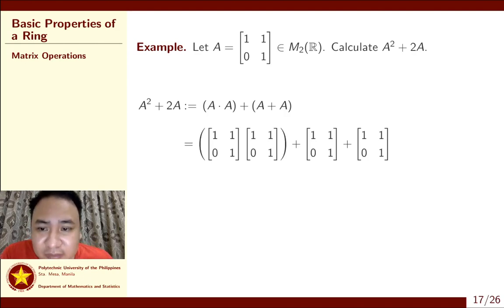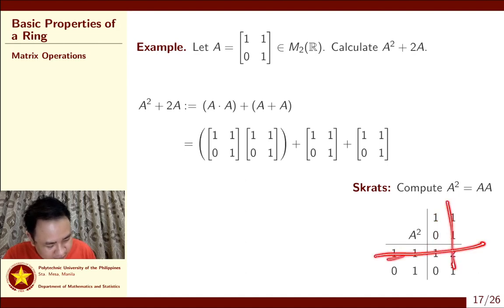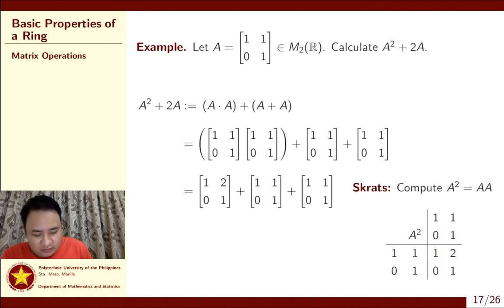Now, how is the multiplication done? Do you know how? It goes like this. Dot the rows by columns. This is the A, and this is the A. You dot these two, you'll get that. 1 times 1 plus 1 times 0 is 1. Next, you dot these two to get this. 1 times 1 plus 1 times 1 is 2. And so on. So the answer is 1, 2, 0, 1, plus